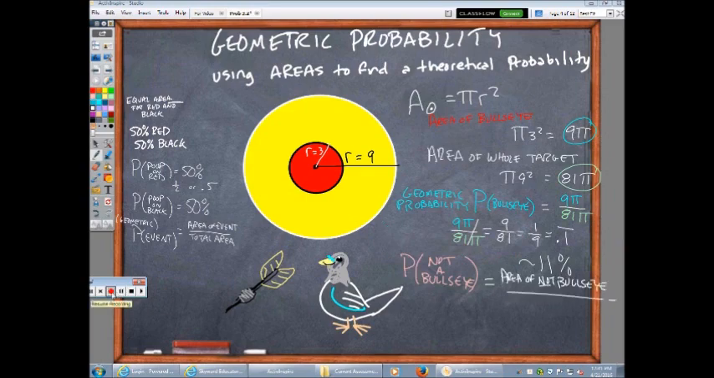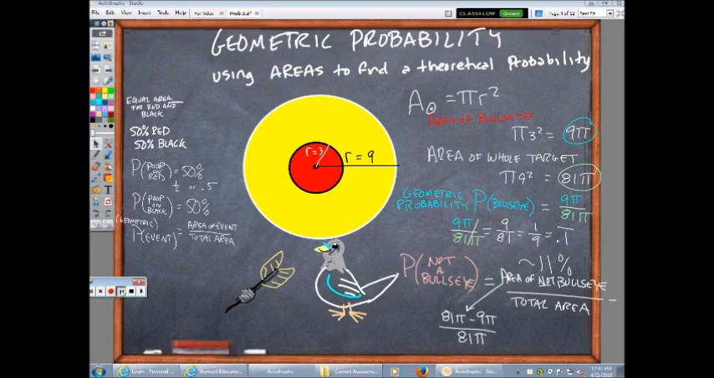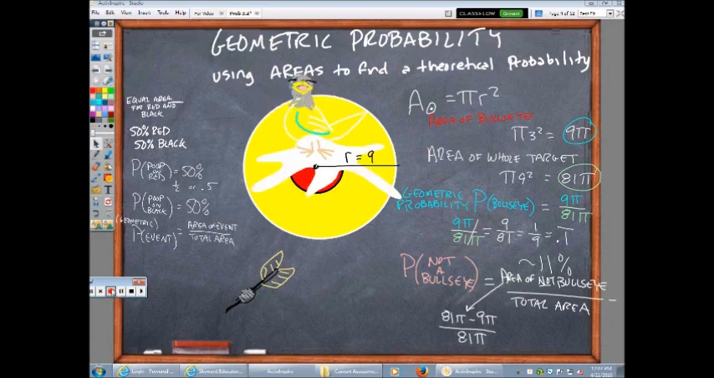So the probability of it not being a bullseye would be the area that's not a bullseye over the total area. So we subtract the bullseye from the total area and divide that by the total area. Pigeon, what are you doing? Pigeon? Fine. Geometric probability. Area of the event over total